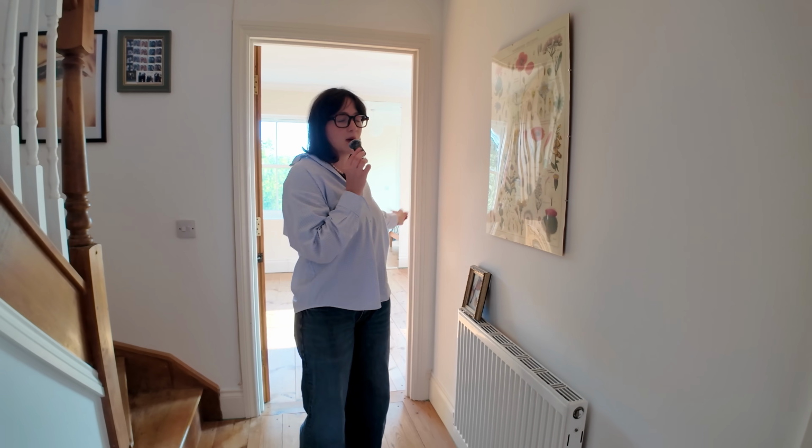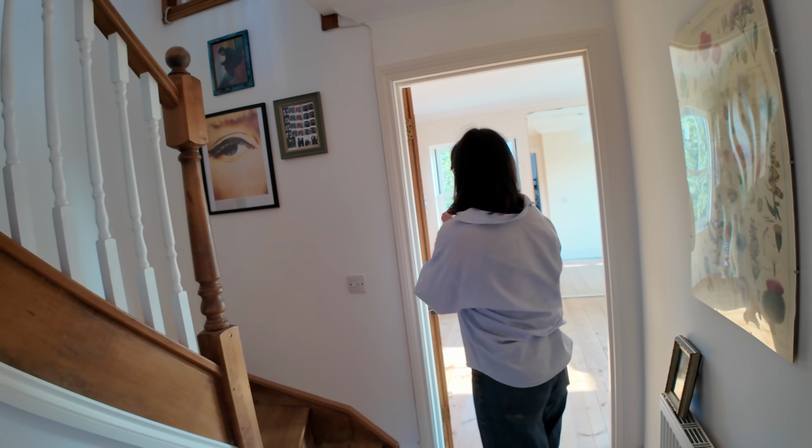I think earlier this year we painted the entire flat. Apart from the bedroom, we painted everything white, and ever since then it's been even brighter in here. But yeah, all the wood features, the wooden floors, the wooden doors are so nice. And then if you